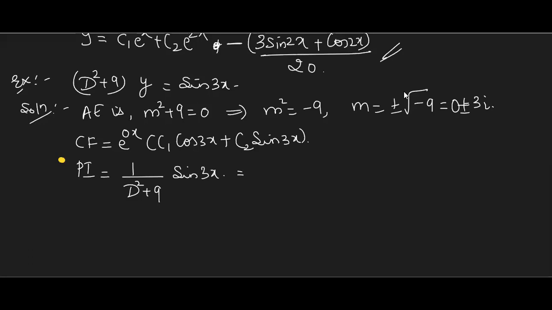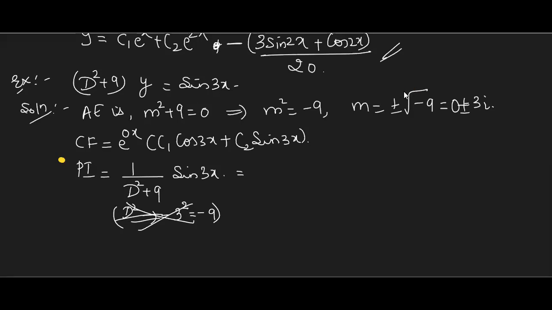Okay. Now just see, while finding the PI here, what has to be done? D square should be replaced by what? What is the coefficient of x here? 3. Square it. Attach a minus sign. What is this quantity? What is minus 3 square? Minus 9. Right? Now, suppose I replace D square by minus 9, what happens? Minus 9 plus 9, isn't it going to become 0? Yes, ma'am. Okay, so don't write that step.